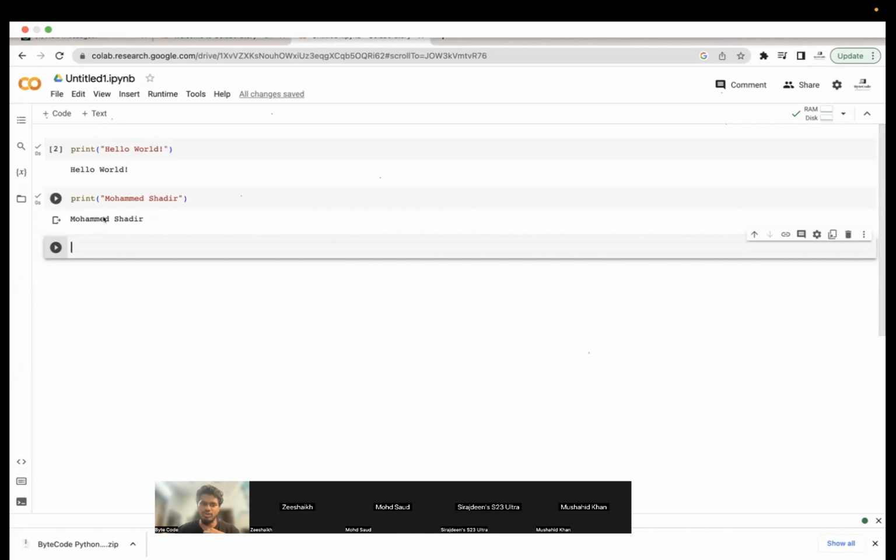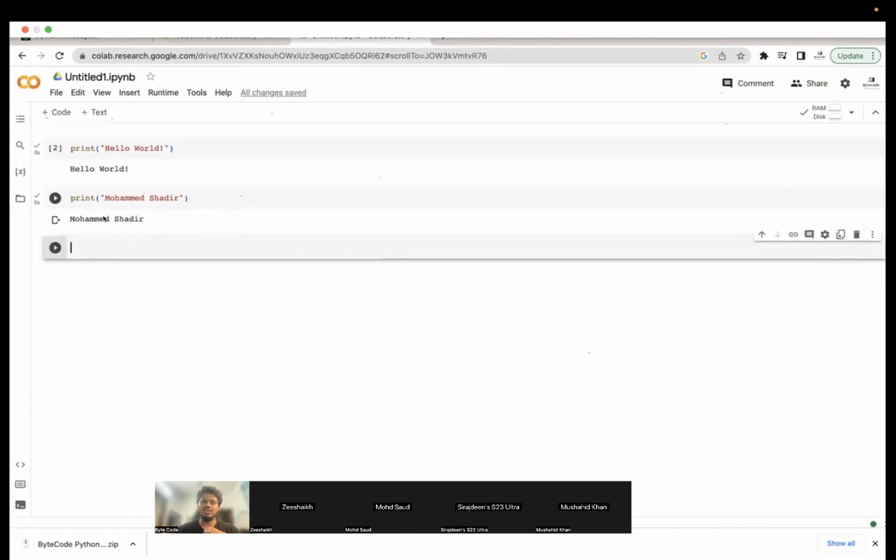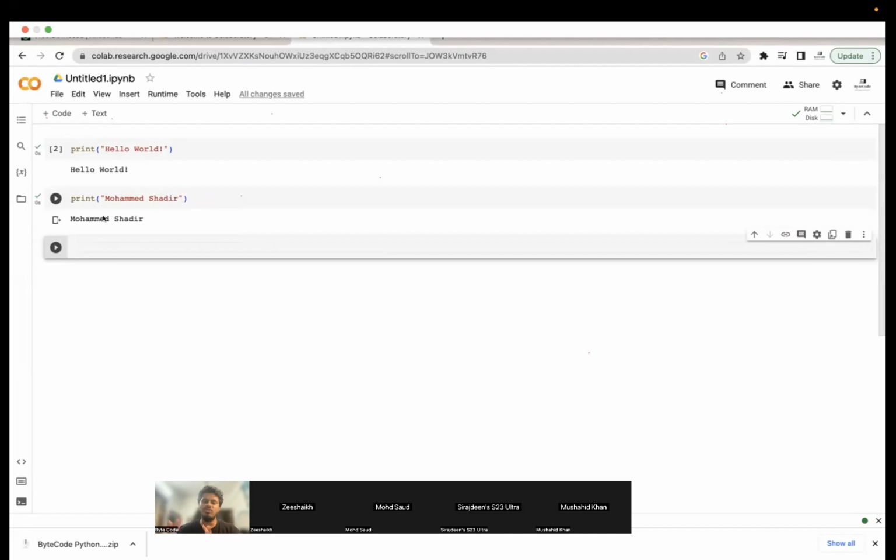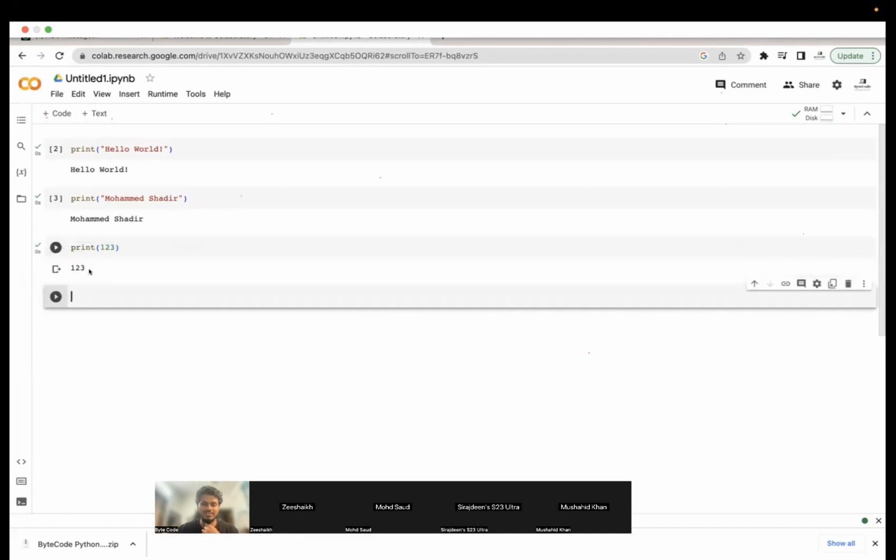Here you can see the output. Similarly, we have many functions, but as a starting point a programmer will always show the output hello world. So this is what we have done here. You can print your own name, you can print your aunt's name, you can also print numbers. You can basically print any type of thing.